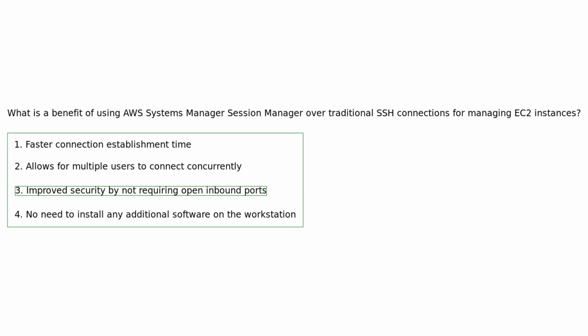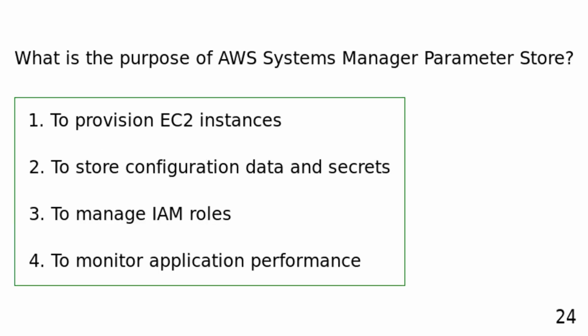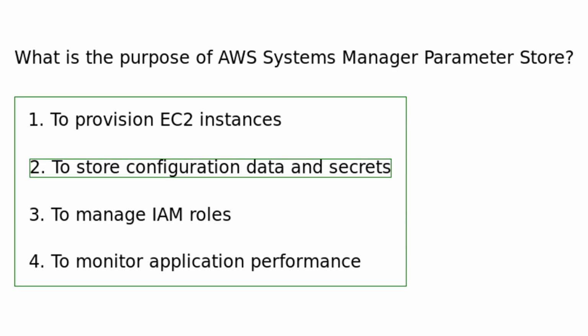attack surface. What is the purpose of AWS Systems Manager Parameter Store? To provision EC2 instances. To store configuration data and secrets. To manage IAM roles. To monitor application performance. AWS Systems Manager Parameter Store is used to store configuration data and secrets securely, allowing for centralized management and access